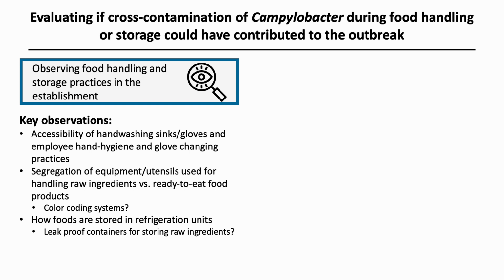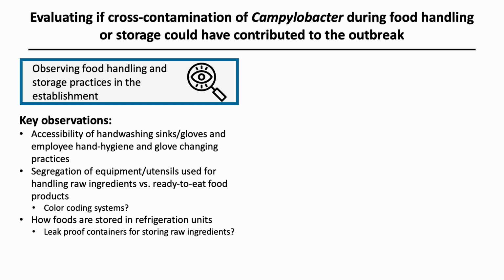Also, note how food is stored in refrigeration units. Are any raw ingredients stored above ready-to-eat food products such as fruits and vegetables? Are all raw ingredients stored in leak-proof containers? Such observations are crucial, as failure to properly segregate raw ingredients from ready-to-eat foods during handling or storage can increase